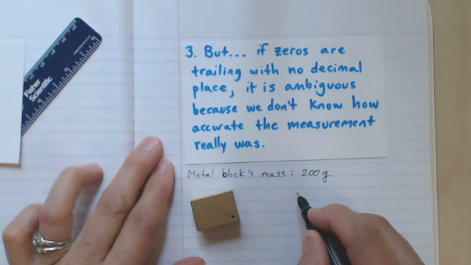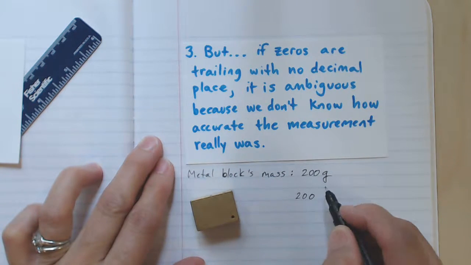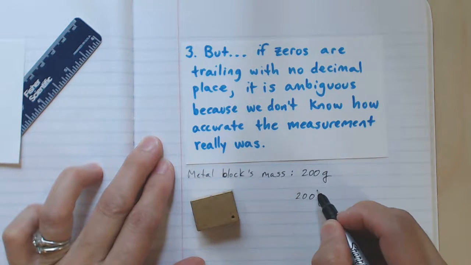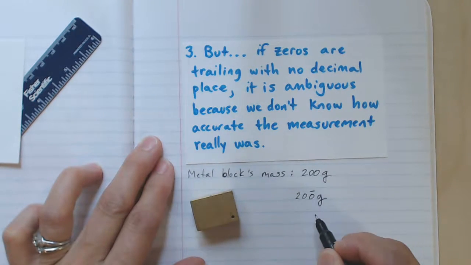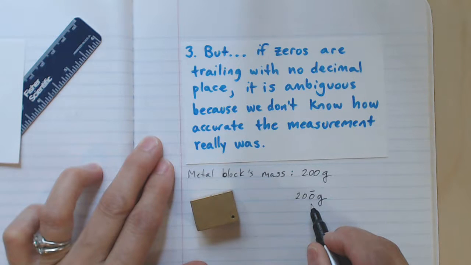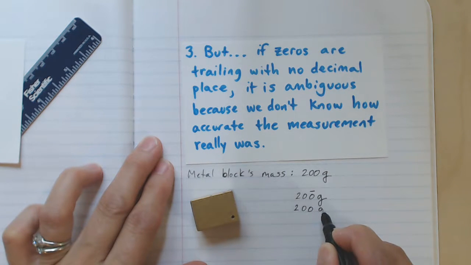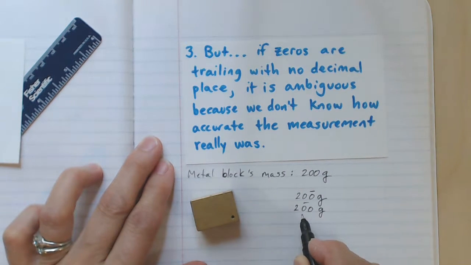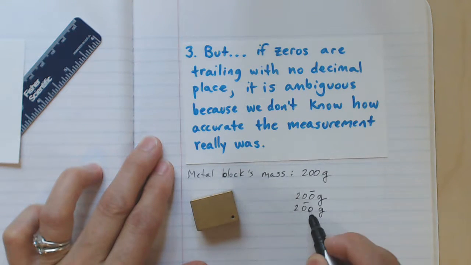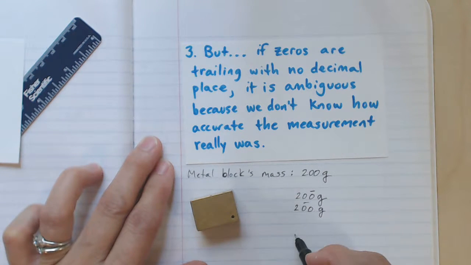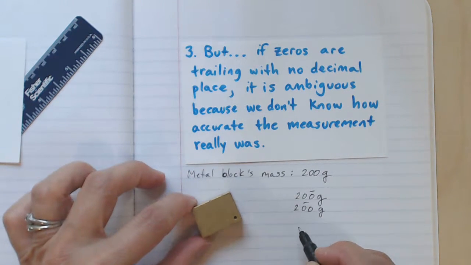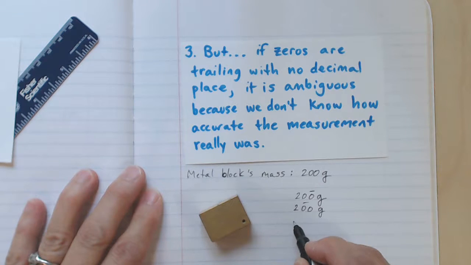There is one possibility where we can write the 200 grams, of course. We can put this bar over the last digit here, and that indicates that there are 3 significant digits. Likewise, if someone were to have written 200 grams with the bar over the middle digit, we would know that the measurement is accurate to 2 significant digits. So sometimes you will see these, but it's really most common and by convention most commonly done to write this